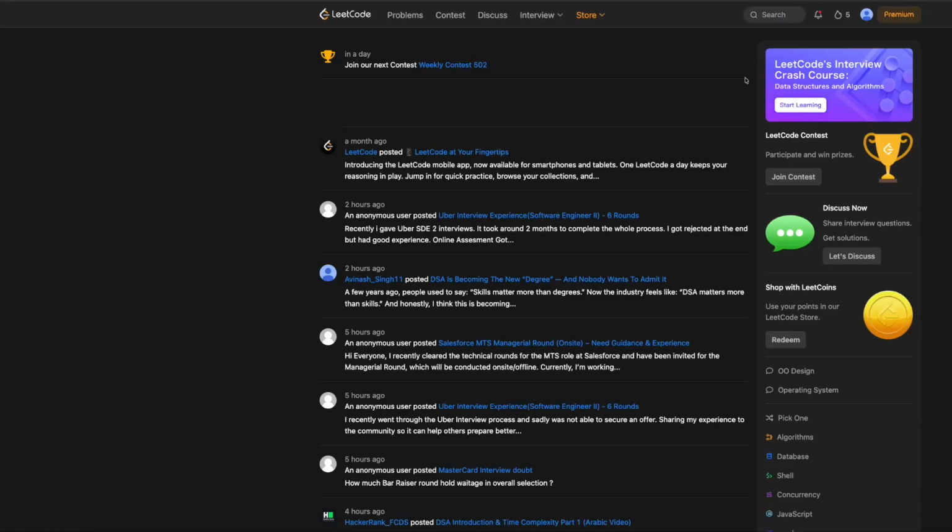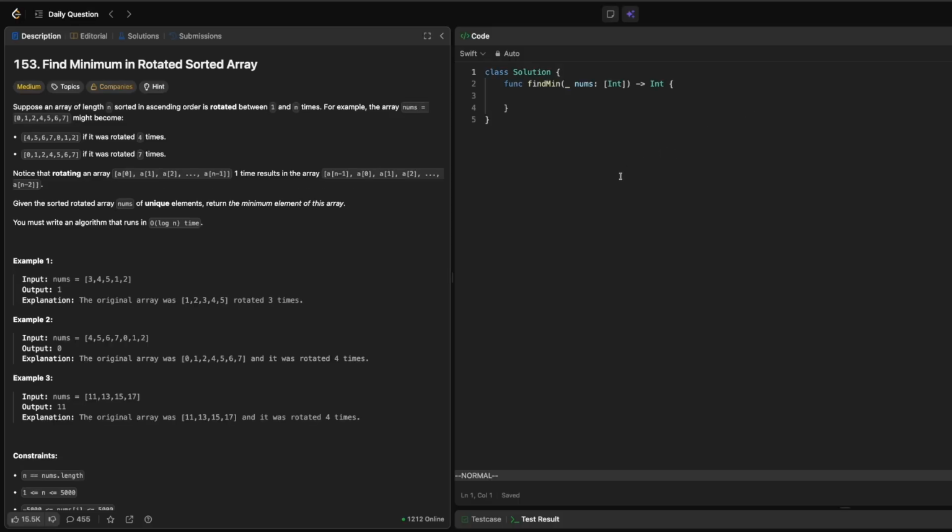Alright, let's solve my 6th day of the Leetcode problem. The Leetcode problem is finding the minimum in rotated sorted array. So we are supposed to have an array of length n sorted in ascending order and rotated between 1 to n times. So for instance, the array of nums